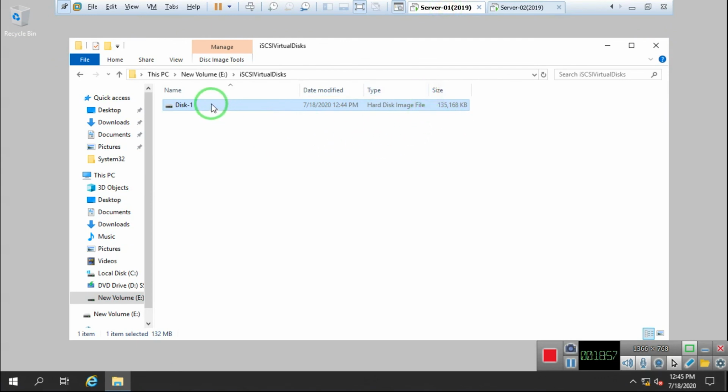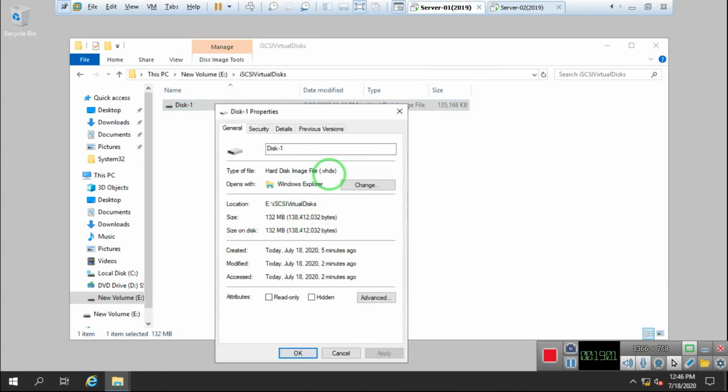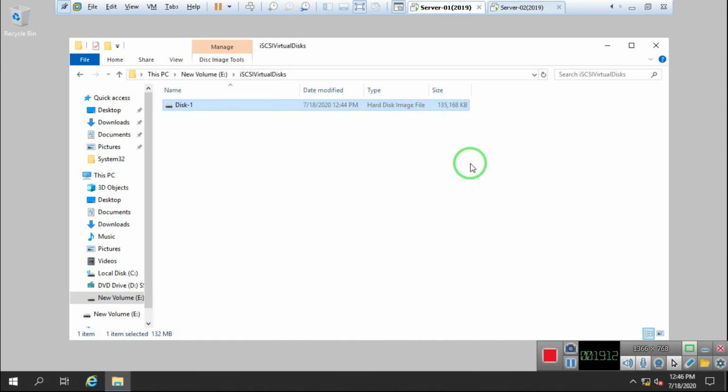If I check this disk's properties, it's a VHDX, so I can mount this disk in some other virtual machines as well, because it's a virtual disk.